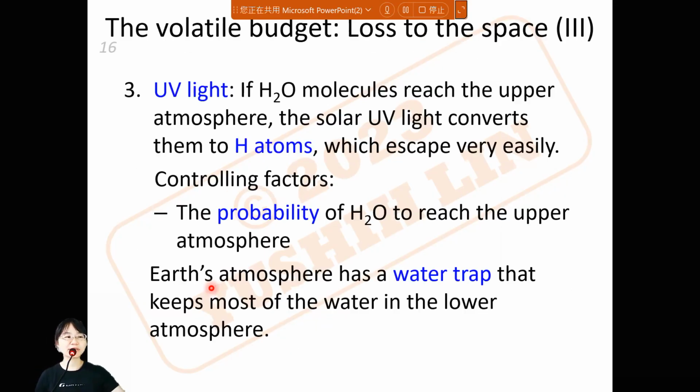And here I would like to say a few words about UV light. We talk about UV light when we talk about the planetary system. The irradiation of UV light on stellar dust is one of the important mechanisms to create molecules. So UV light can result in the formation of molecules, but it can also result in the breakup of molecules. And in this case, UV light results in the breakup of water molecules.